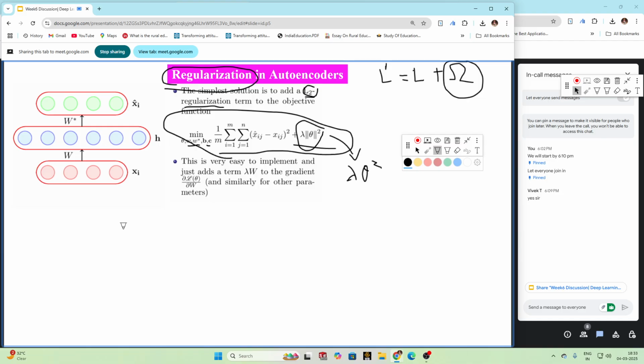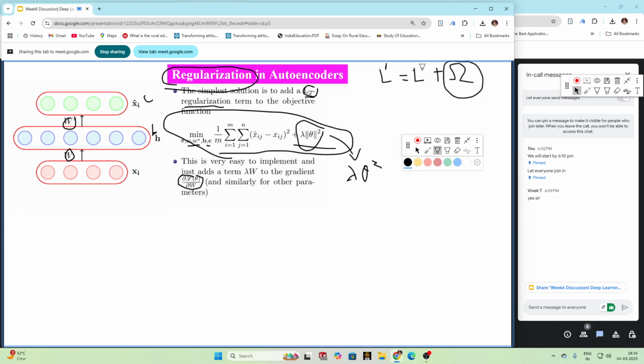Now if I tell you how to learn the parameters, we have done back propagation. Everyone has done back propagation. So again we have to apply the formula of back propagation to learn w star, w, and the biases, that is b and c. We have to learn these four sets of parameters. So our model will learn by back propagation, and the neural network will learn the training data. So that is regularization. Now how will we calculate this del L theta by del W?